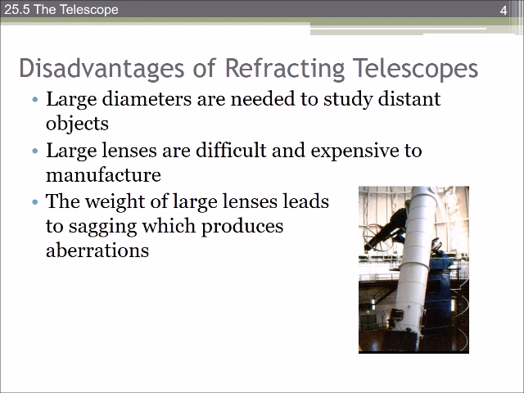The disadvantages of refracting telescopes, which is why this one is no longer in use, is that large diameters are needed to study very, very distant objects. And you can't make a piece of glass that's this big. This thing is 1 meter in diameter. That's 6 feet. That means you can lie on top of this thing. It's huge. Can you imagine how big a piece of glass is in there to be able to do that refraction? It's just too much to make that big a piece of glass. So they're considering reopening this observatory and having it run by the public,